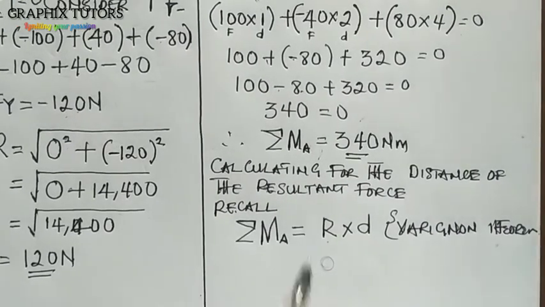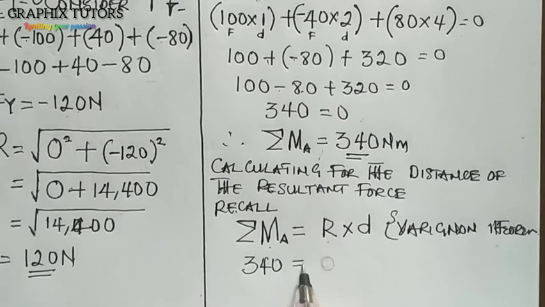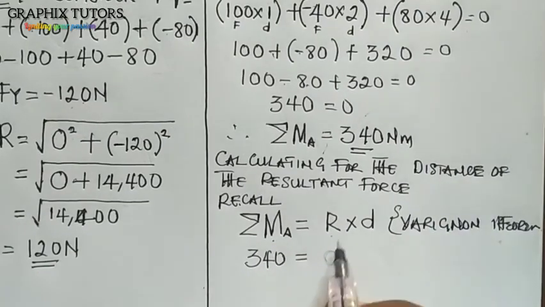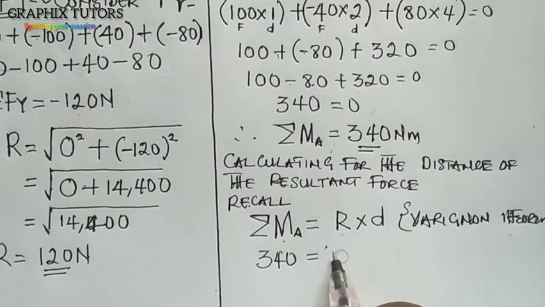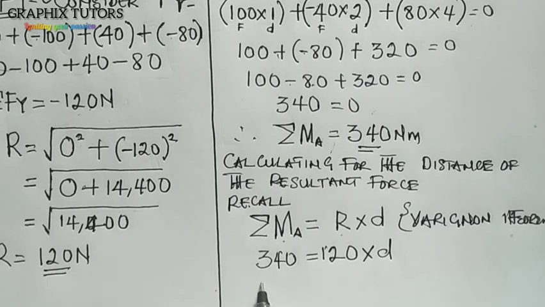This is what the Varignon theorem is telling us. So my summation of moment is 340, equals to the resultant force, which is 120, times the distance, d. So if I divide both sides by 120, I'll be having 340 over 120